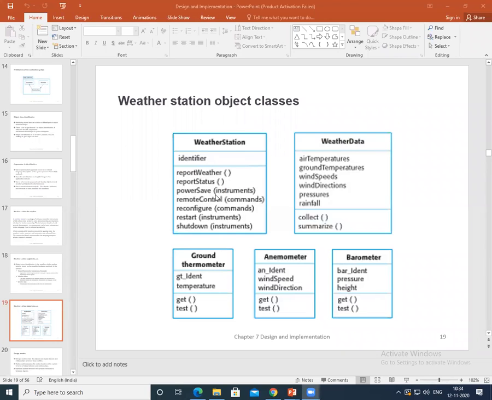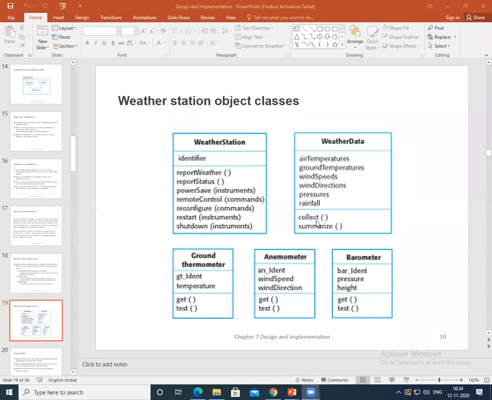Weather station: report weather, report status, all these are operations. Here also we have operations. So the weather station objects provide the basic interface of the weather station with its environment. So its operations reflect the interactions as shown in the figure.